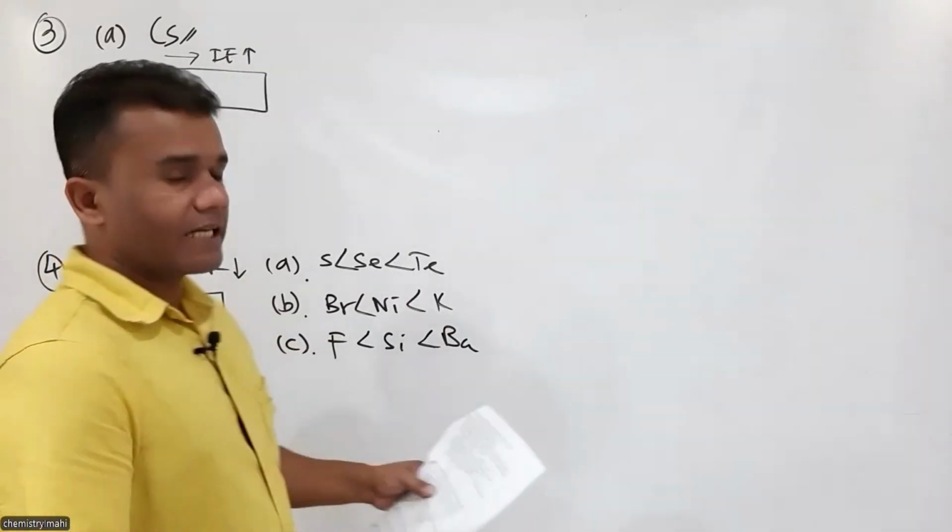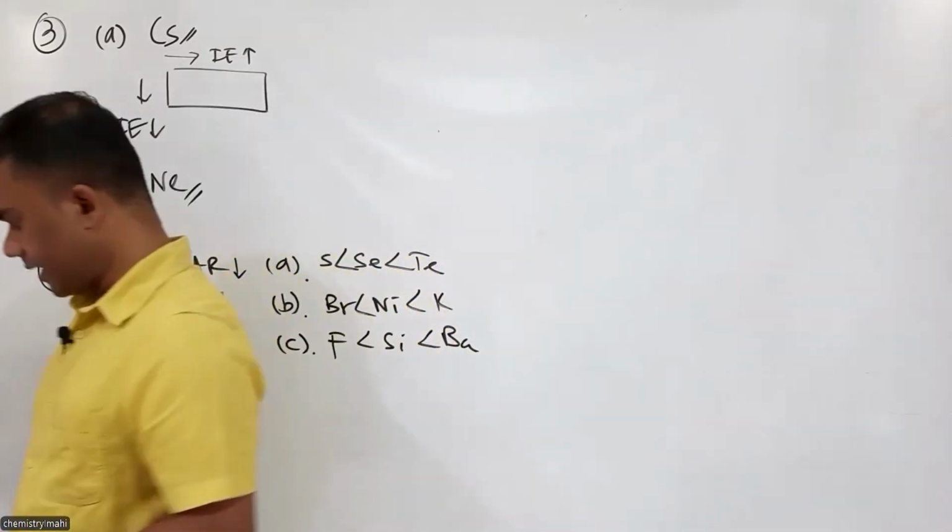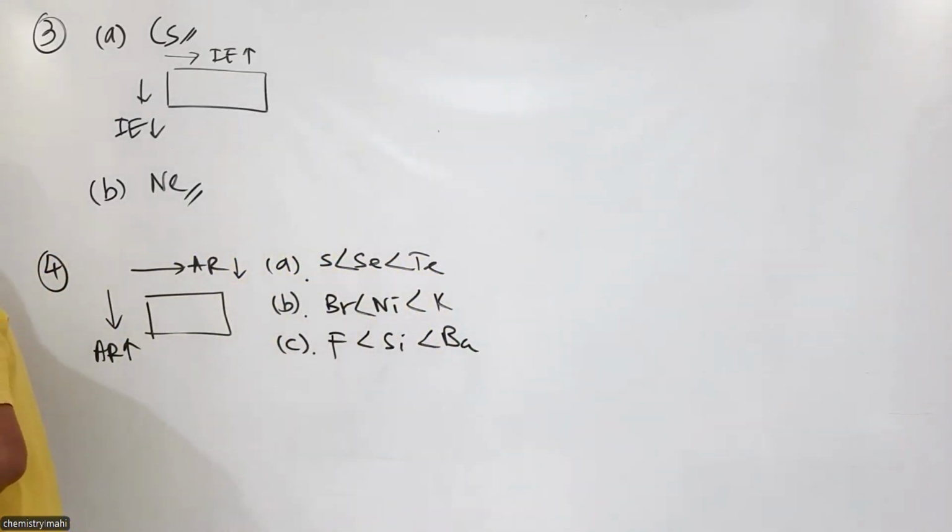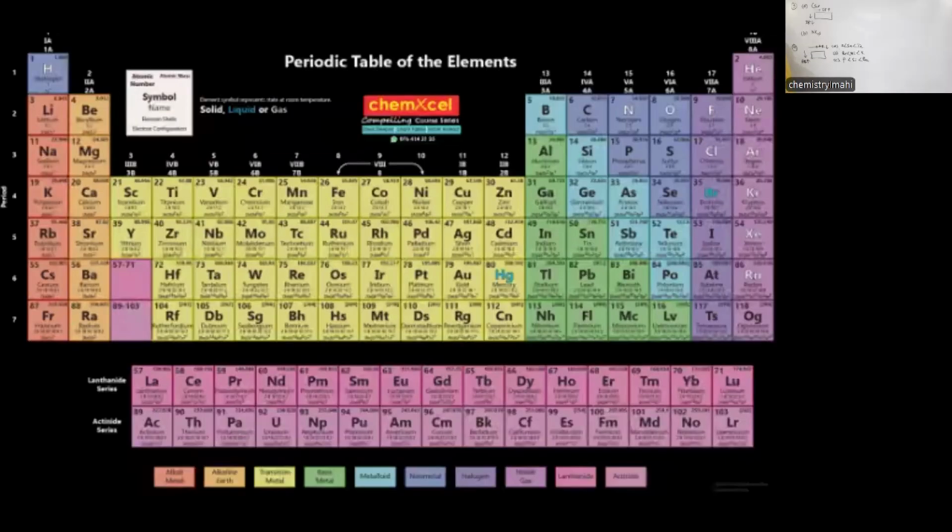Rubidium, sodium, beryllium. If I go back to the periodic table, then it is easy. Rubidium. Where do you find rubidium? Rubidium we found in